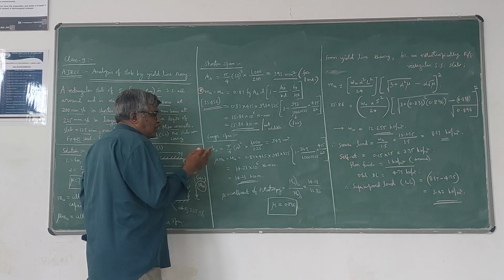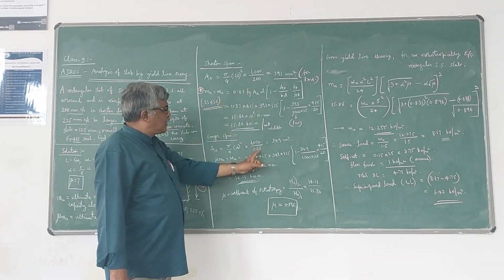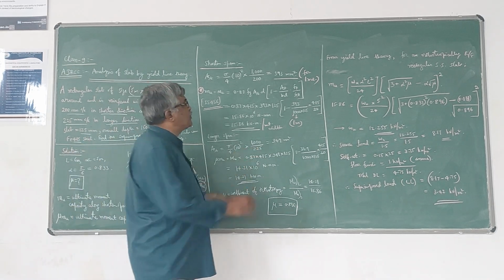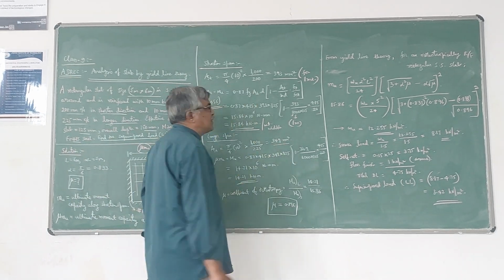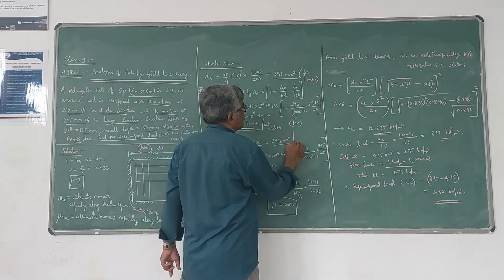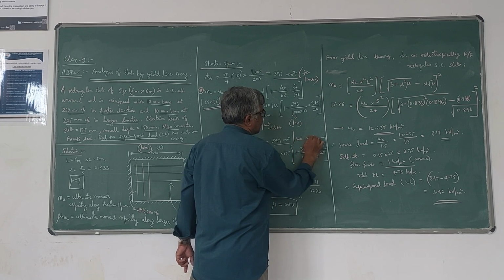But in the case of the longer span, the spacing is 225 mm. In the place of 200, you have to make 225. Of course, the diameter of the bar remains 10 mm only. So this is the reinforcement that is provided in the longer span. You can see that it is slightly less than that. So this is also per meter length or per meter width of the slab.